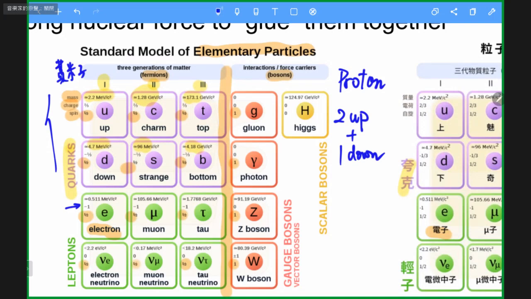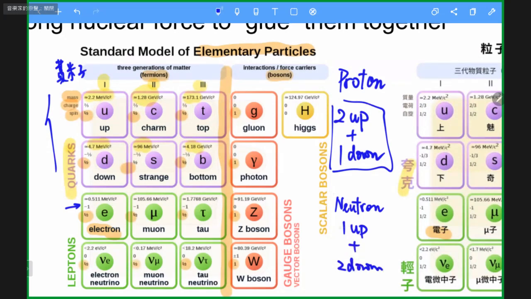At least for the proton, it is formed with 2 up and 1 down, and the neutron is formed with 1 up and 2 down. Actually, you don't need to remember, I'm just telling you some hardcore physics story. If you try to add up the 2/3 and the -1/3, so if I just have 2 up, which means 2 times